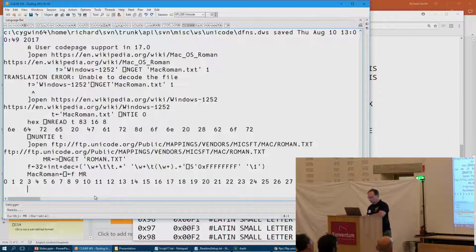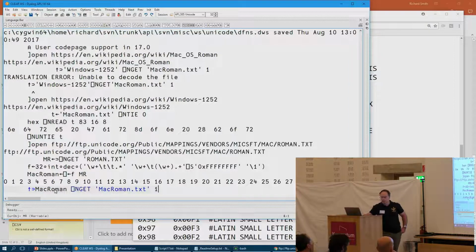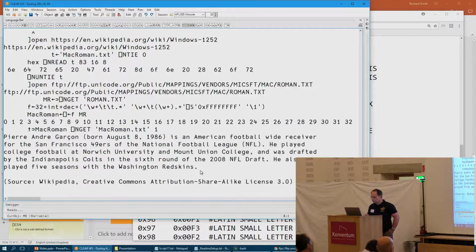And now with that mapping, instead of providing the name of a text file encoding, I've put that mapping instead. And now I can read the file. And there is the C cedilla that was giving us the problem. Okay.